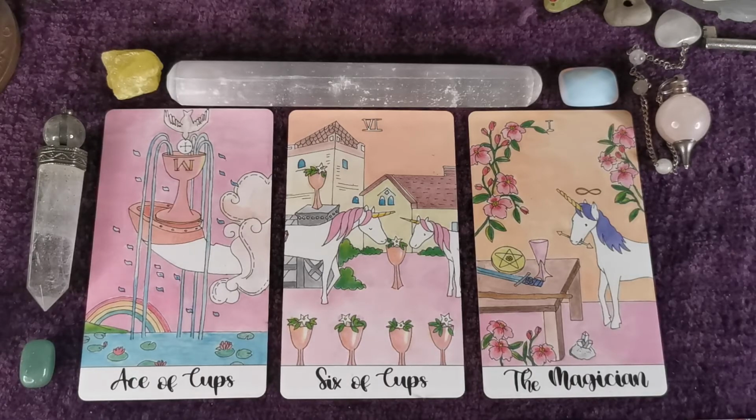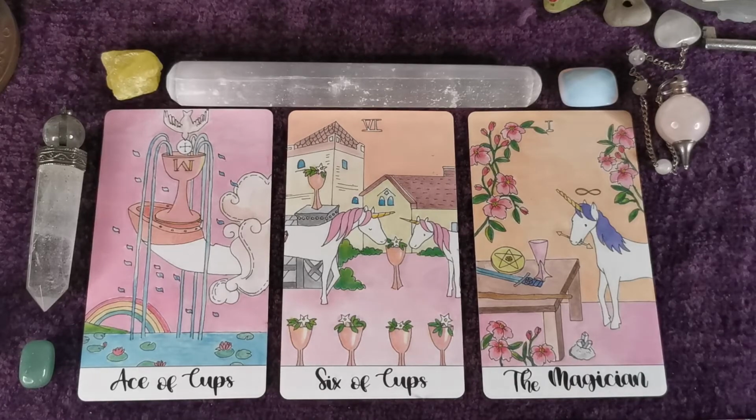But Eliphas Levi was concerned that if all the secret societies were ever to disappear, then all this knowledge would disappear, and that books were very easy to burn, and that it was difficult to keep track of a library that was growing so big. So he had this idea that making a tarot deck with all the different symbolism of all the different mysticisms would be a way for people to access secrets of the universe, if you may say,